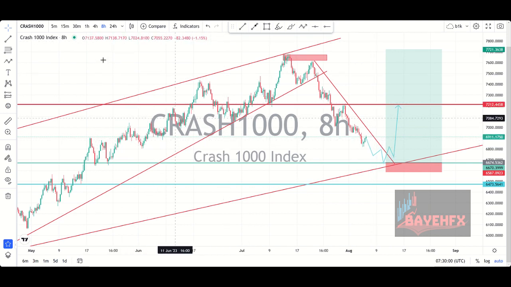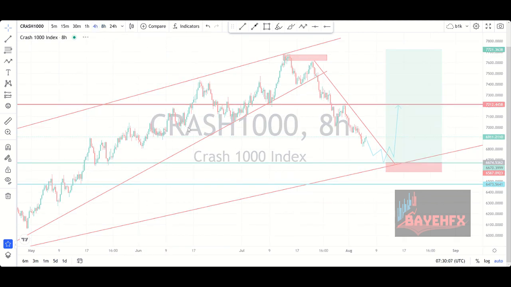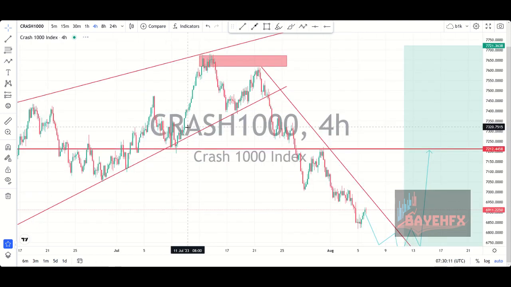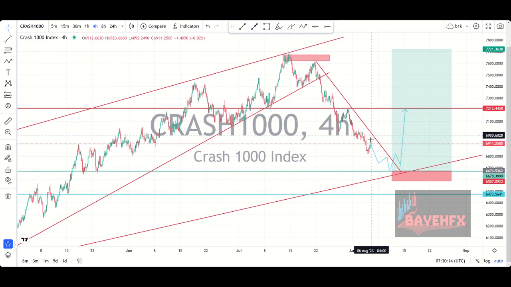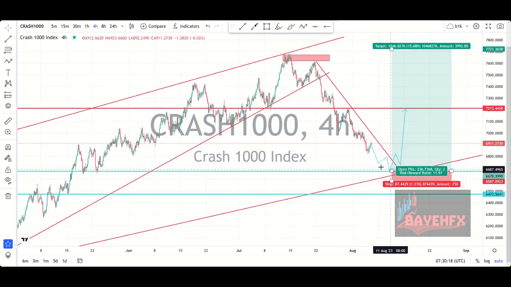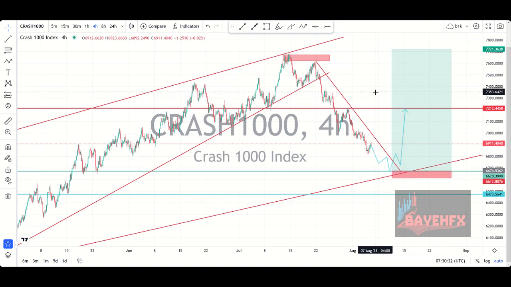That's on the higher time frame. As you can see, on the smaller time frame, like the 4 hours, you're going to see this particular movement, right? You can see, you're just going to wait for the market. As you can see, we're already seeing a crash. We must complete the crash, at least back to this particular zone, then we'll now be looking for buys to the upside. So as you're buying, the stop loss will just be below this particular zone. So what you're losing is not even something to talk about, right? So you now be riding the market to the upside. So this is for